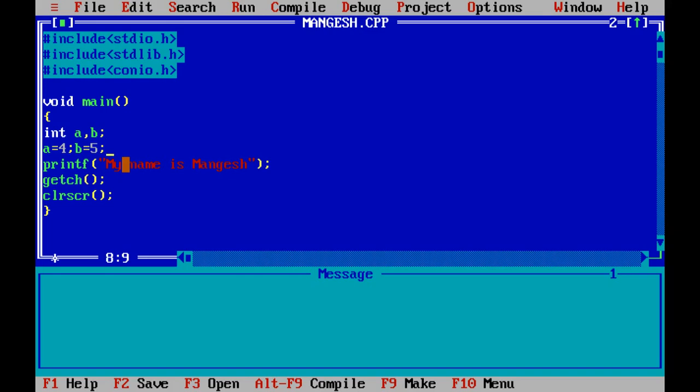Now we have mentioned the values of a and b, and say c is equal to a plus b, semicolon. Now c is another variable that we also need to specify as integer, so I will put that c here also. Now I want this c to be printed on my output screen. To print a particular sentence, we have to write printf, then in parenthesis what you want to print, parenthesis complete, and semicolon.